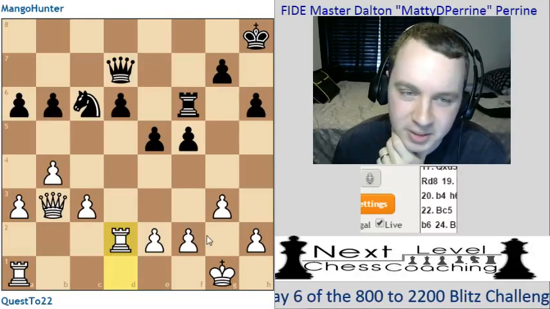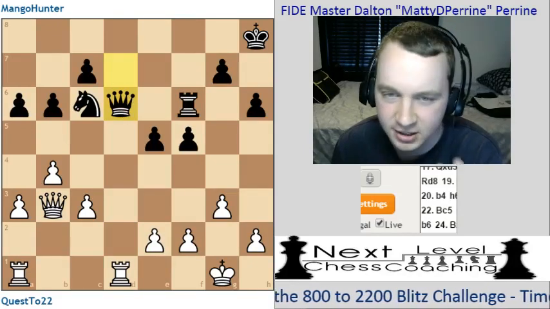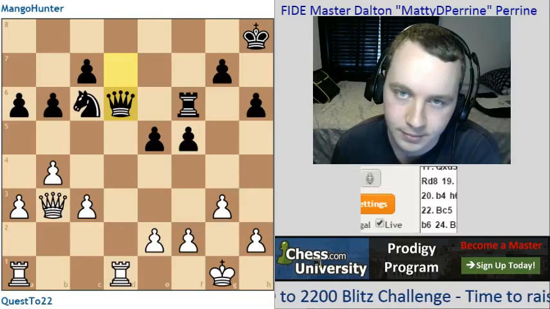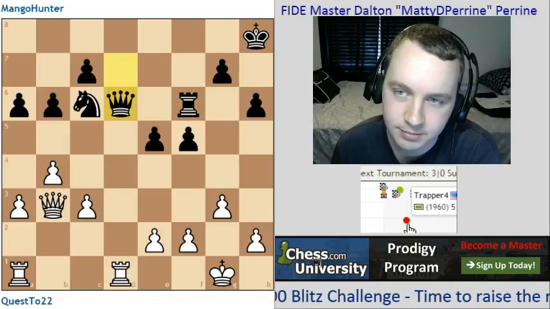Okay, so at this point though, I would have just spent up the exchange and winning. But unfortunately, he blundered the queen. He was down on time too, so pretty easy to win here. Okay, we're up to 1643. Let's at least get maybe